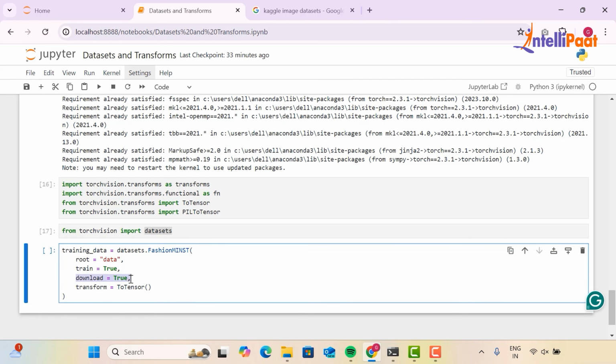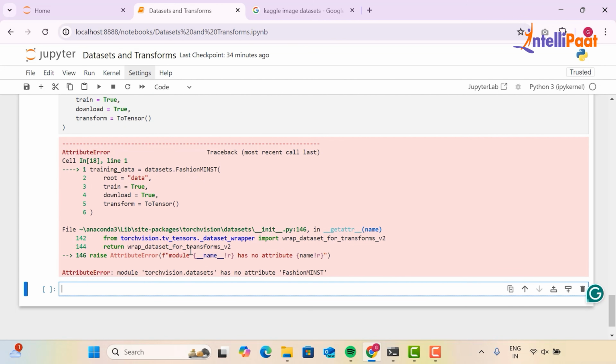When we say download equal to True, if the dataset is not already downloaded on my system, it will download it, otherwise it will do nothing. And what we're doing here is telling it to transform our images to tensors using the float data type. ToTensor converts to float data type.